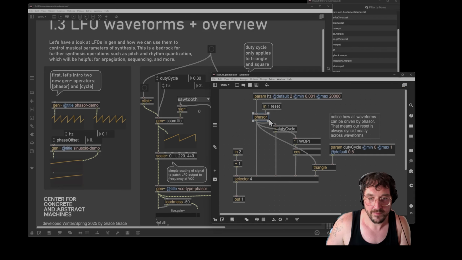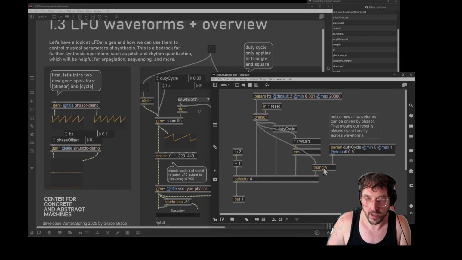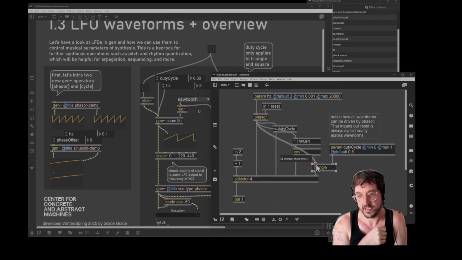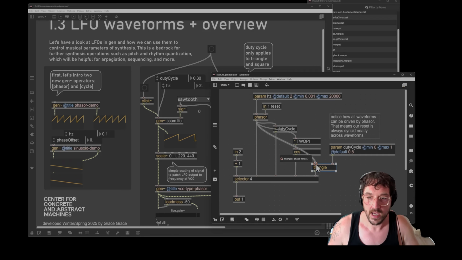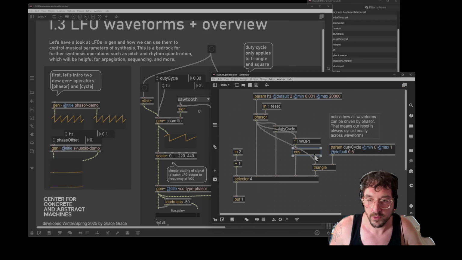And we have a phasor, which is our sawtooth. And this is actually driving all the 3 other waveforms, which I think is very handy. You could have 4 different sources here. But for instance, if we look at triangle, it expects basically a phasor to move through that waveform. I'm also, for a similar reason, using the 2 pi and cosine here as well,